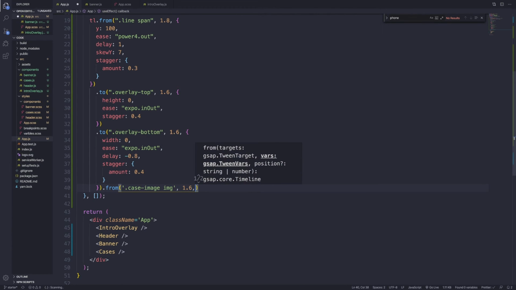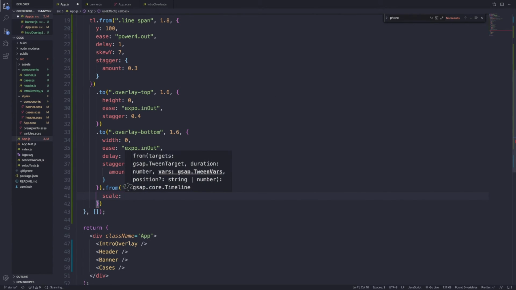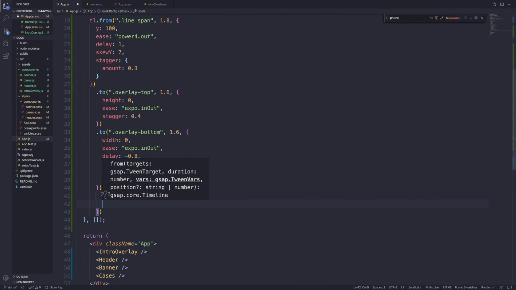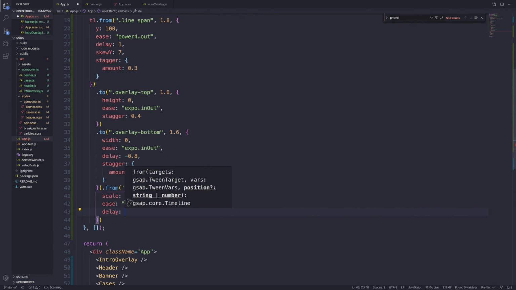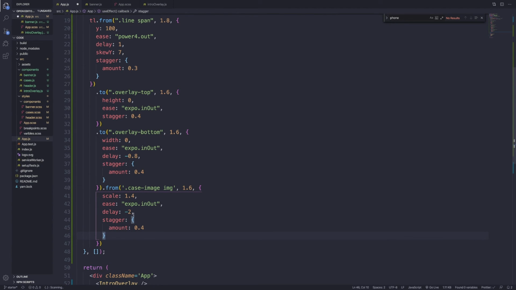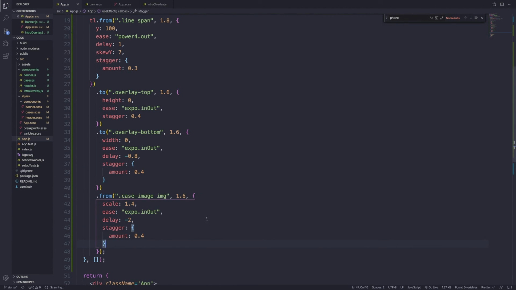So we want to add a duration of 1.6. And then we want the scale to be from 1.4. Ease is going to be expo in out, so I'm just going to copy and paste that. We're going to give it a delay of -2 seconds. And then the stagger is going to be 0.4, same as our other staggers. So if we save this and preview,